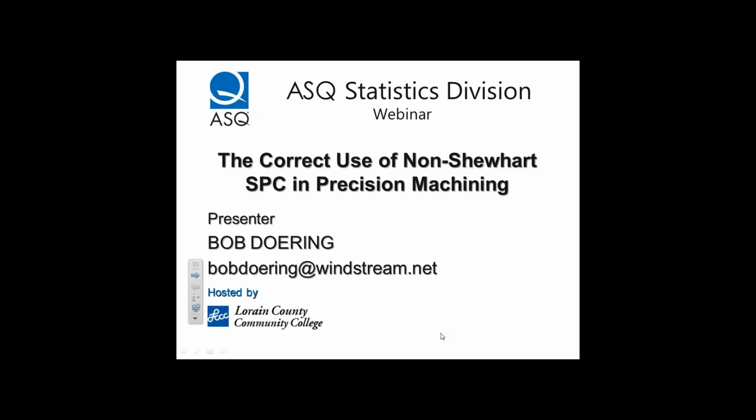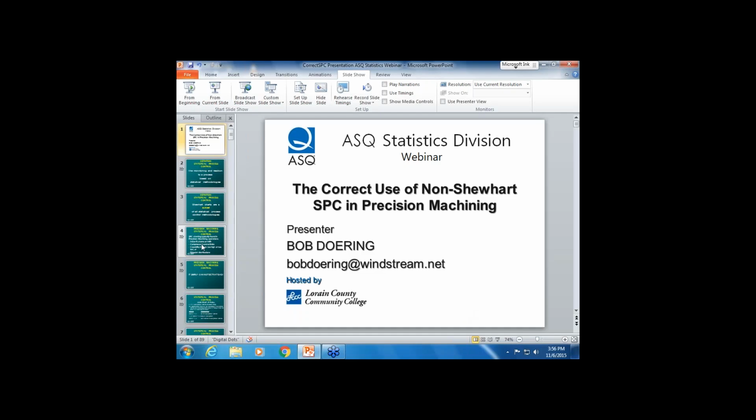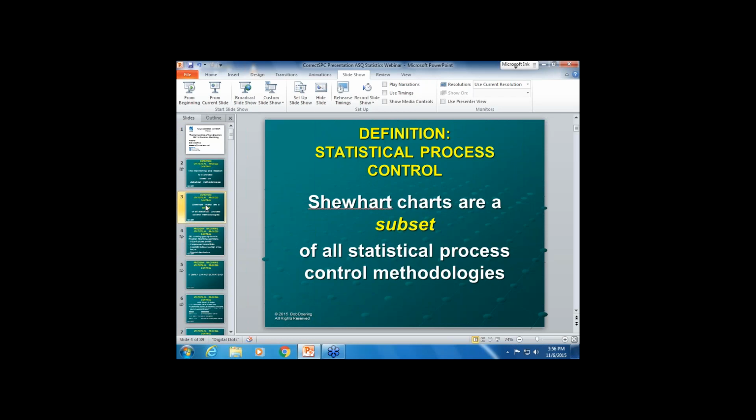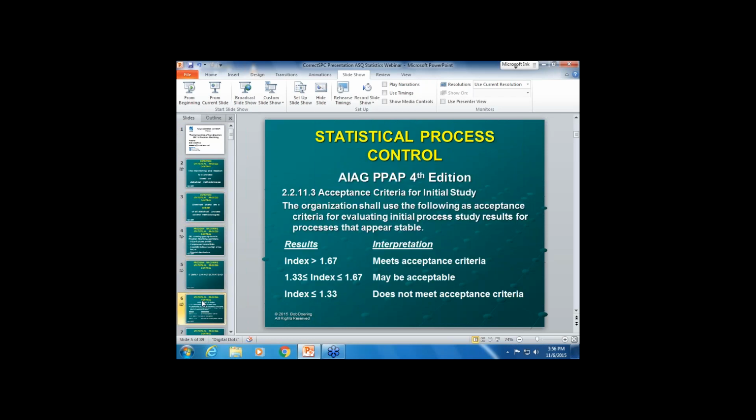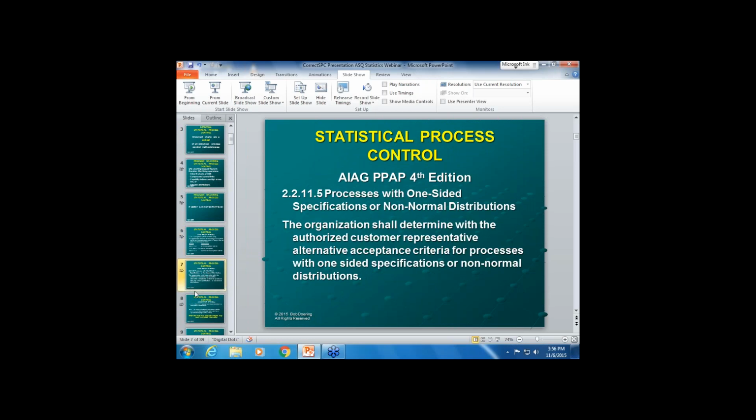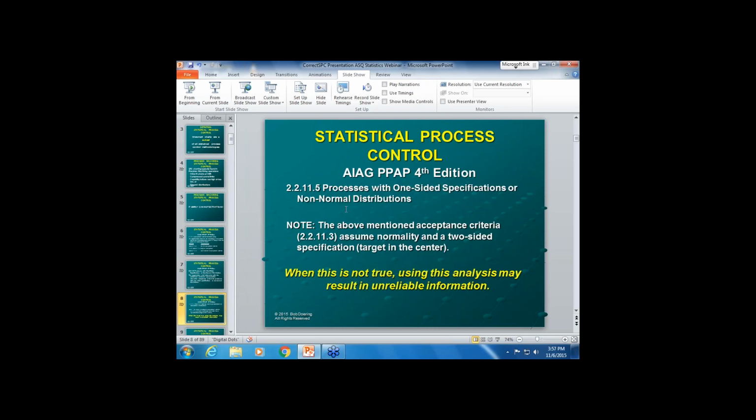Yeah. How about that? What we're focused on here actually goes back to the earlier slides that state these are the CPK and PPK calculations, and you don't use them if you have one-sided or non-normal distributions because they don't work. They're based on assuming normality in a two-sided specification. So you don't use those for capability when you're talking about the uniform distribution.